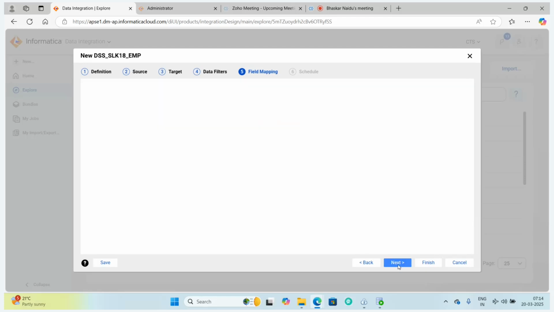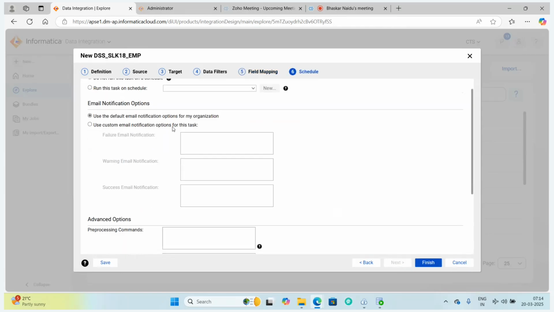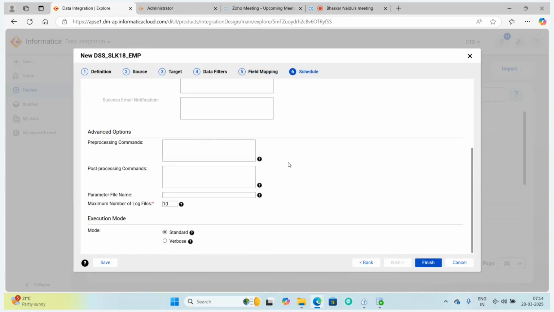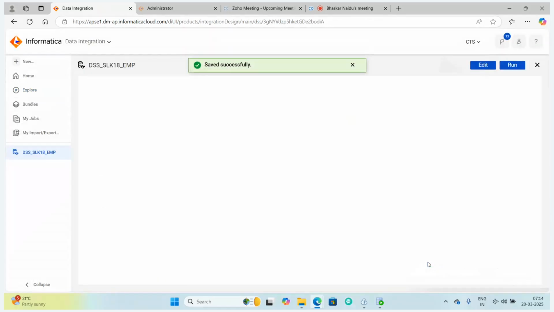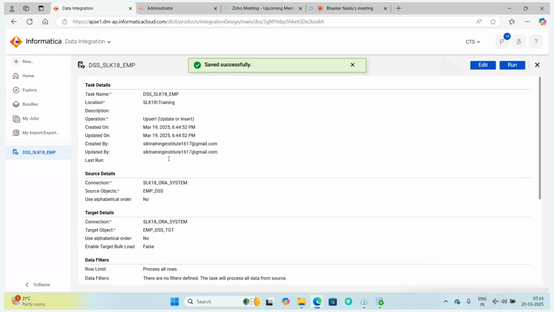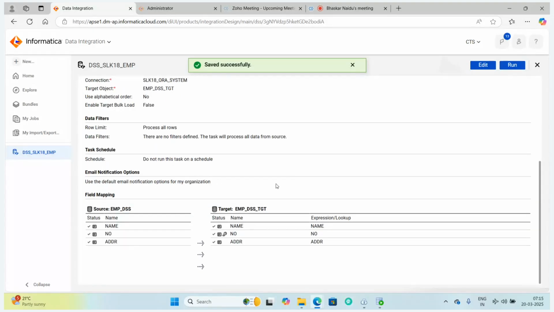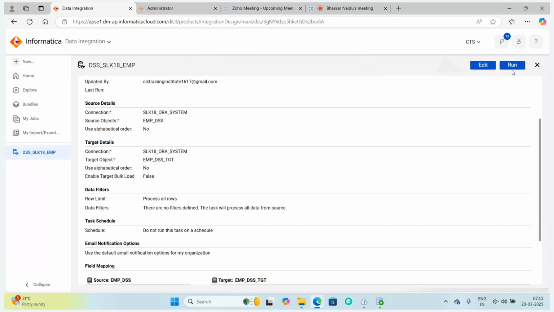Now click on next. The schedule options. If we have any schedule options, we can schedule here. Or if we want to pass any values from the parameter file, like connection names, we can pass them. Then finish. Now the data sync task is created. Now when I execute this,